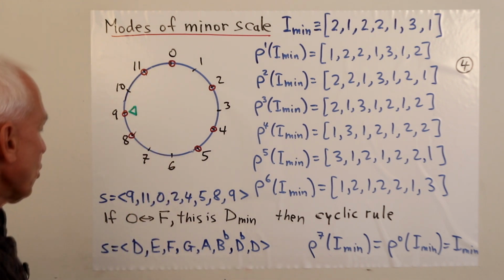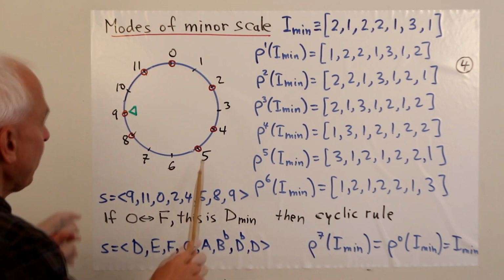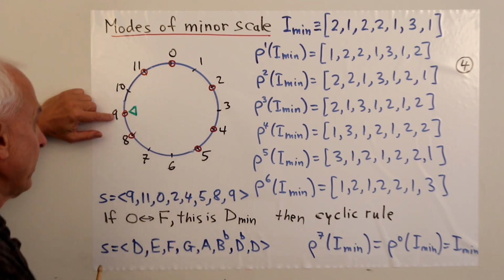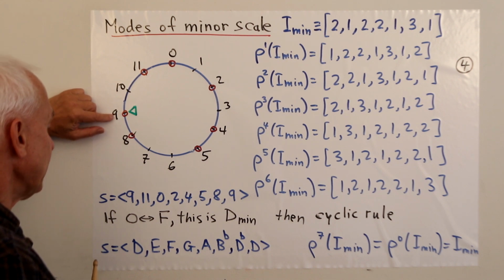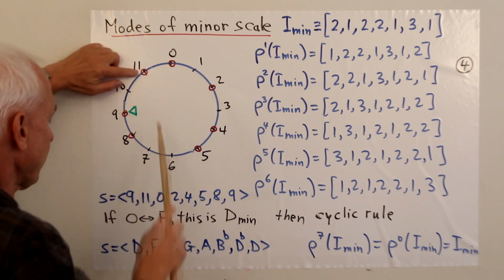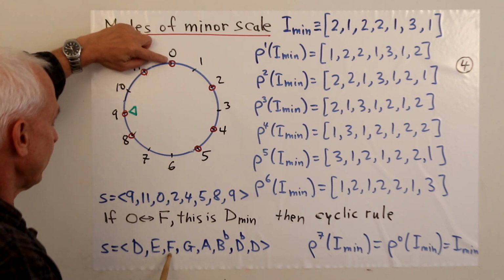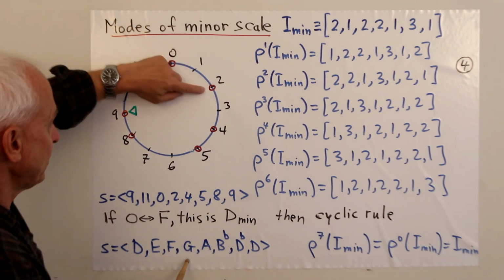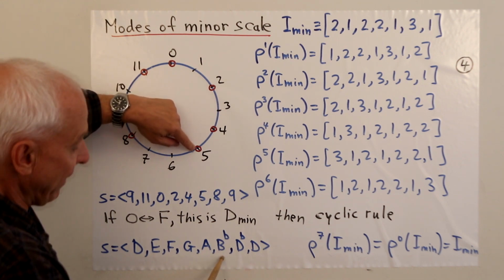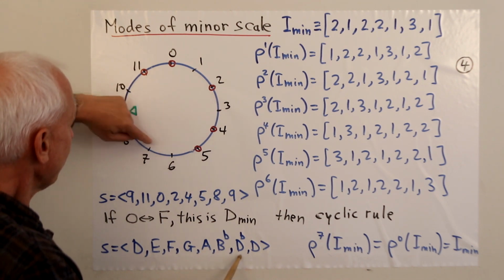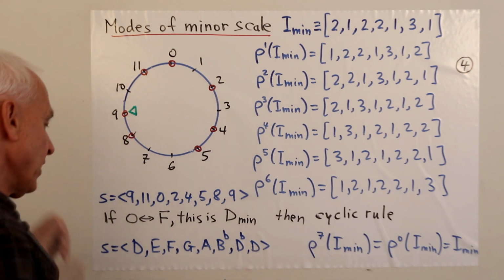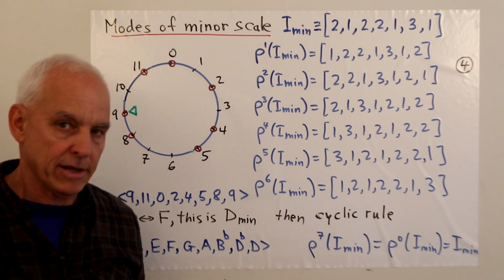All right? So in that case, this scale is what? Well, it starts over here, so that's number 9. What do we say that was? That was D, okay? So that was D, and then the next one would be E, and the next one, a single step to F, and then a 2-step to G, another 2-step to A, 1 step to B flat, and then a 3-step to D flat, and then D, okay? So that's the harmonic minor scale.